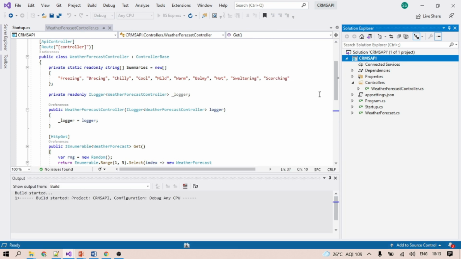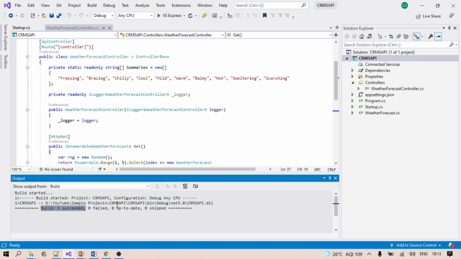Build means all the dependencies and all the implementation are in a proper way, nothing is failing and we are not getting any errors, which makes sure our solution is executing successfully. Here you can see the build succeeded, which simply means our solution does not have any failures or errors.